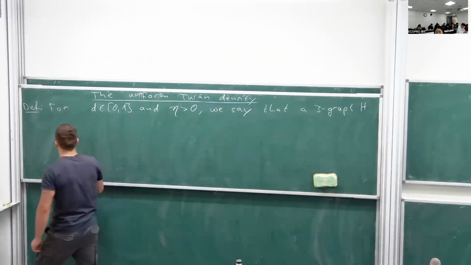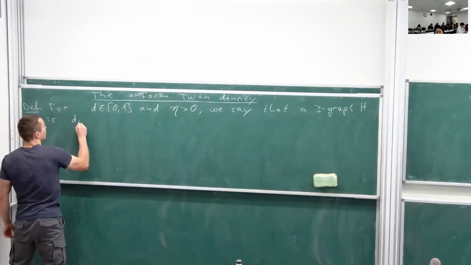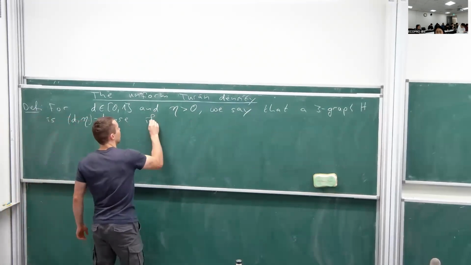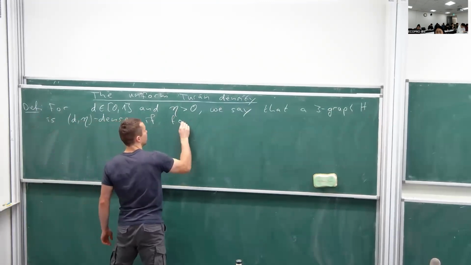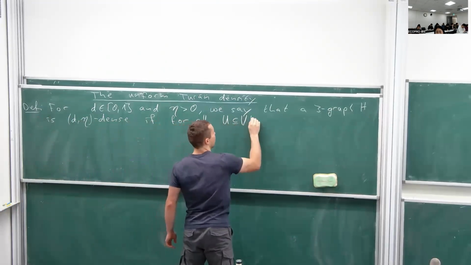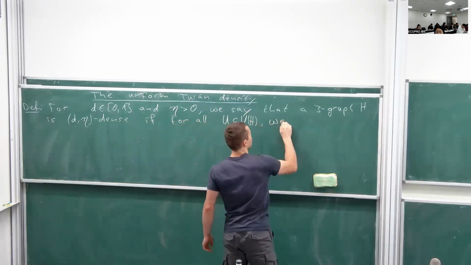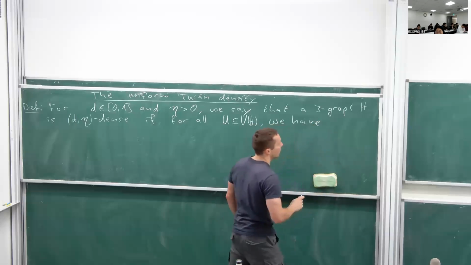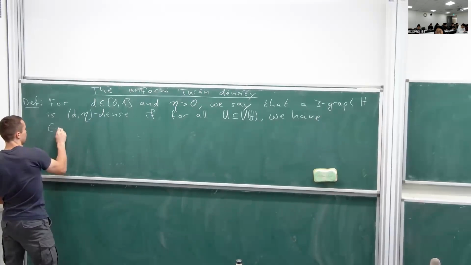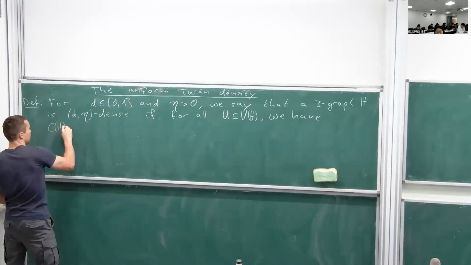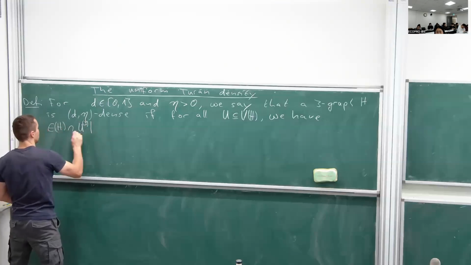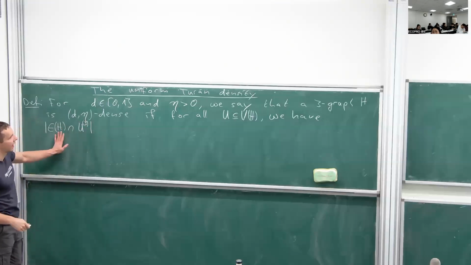H is (d, eta)-dense if for all subsets U of the vertex set of H, we have the number of edges on U, so this is just the number of edges that H has on U,